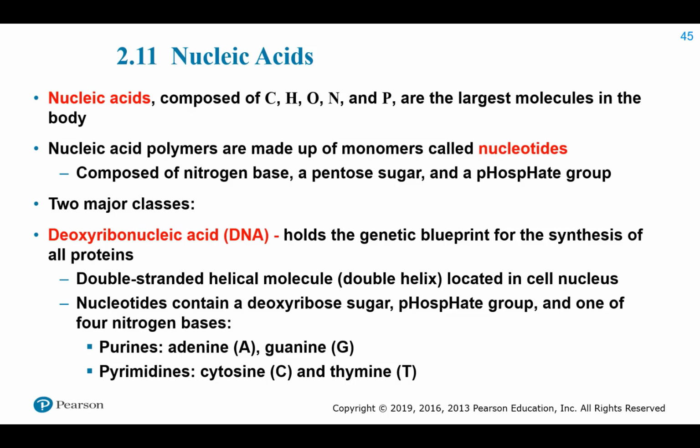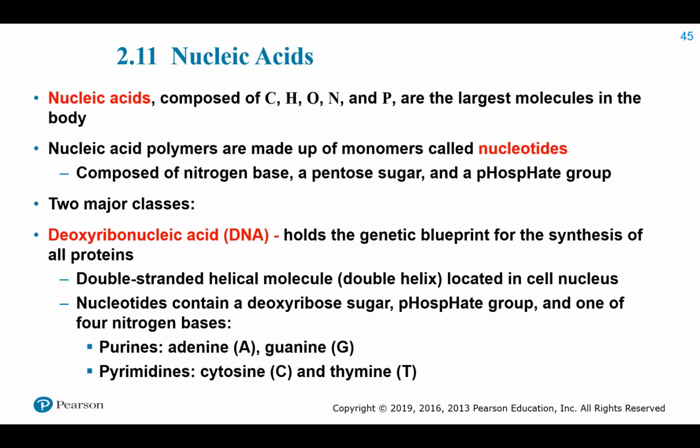So here a little bit about nucleic acids. Those are the building blocks of DNA and RNA. Nucleic acids are made up of these elements, and they make up those huge nucleic acid polymers. The building blocks of those polymers are called nucleotides. What makes up nucleotides? Well, you have a nitrogenous base, a five-carbon pentose sugar, and then you have a phosphate group